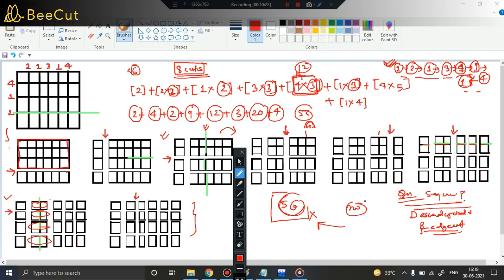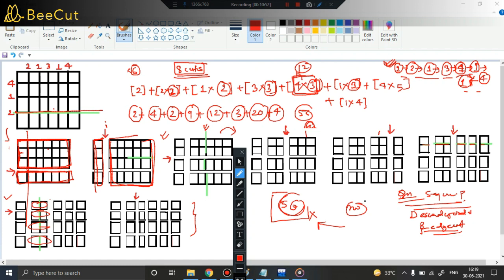You can say the vertical parts increased. Vertically, how many pieces are there? 2 parts. So whenever you are performing a horizontal cut, the vertical parts increase. Now vertically you have 1 part above, 1 part below. Next time I will be performing a vertical cut. Whenever I perform a vertical cut, along this edge, the number of horizontal pieces increases. So horizontally you have this piece and this piece.